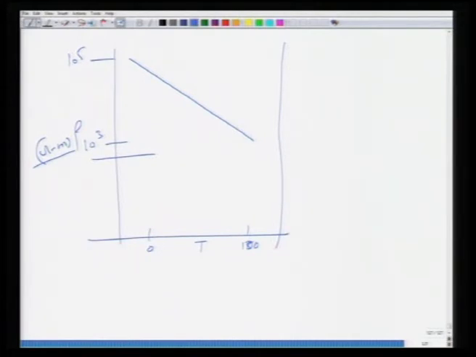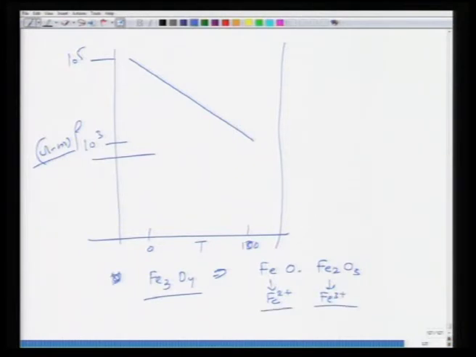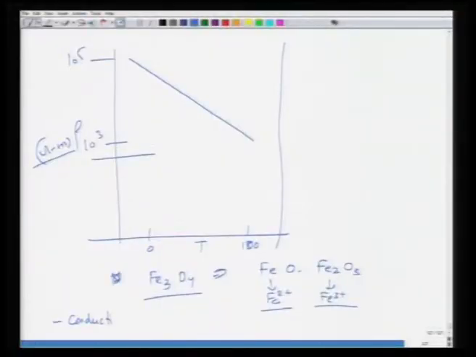And the conductivity in these materials, if you remember module 3, when we discussed conduction in ceramics. So, let us say you talk about Fe3O4. Now, Fe3O4 of course is FeO dot Fe2O3. So, you have Fe2 plus ions and you have Fe3 plus ions, and here you have site fluctuation, valence fluctuations, and this valence fluctuation gives rise to hopping of electrons. So, essentially conduction in these materials, because you have mixed valence, is because of